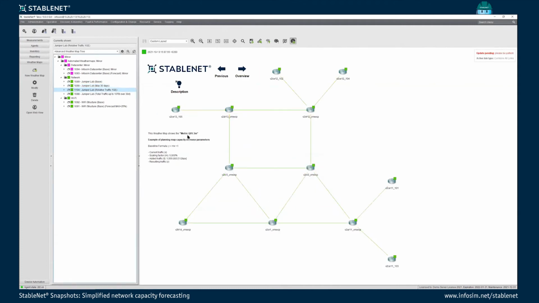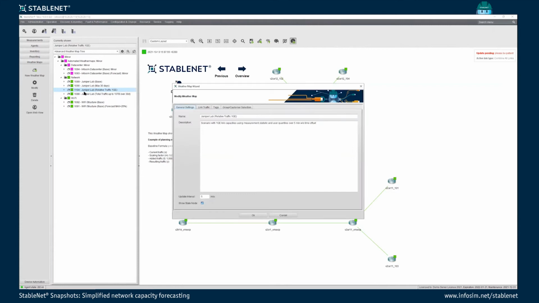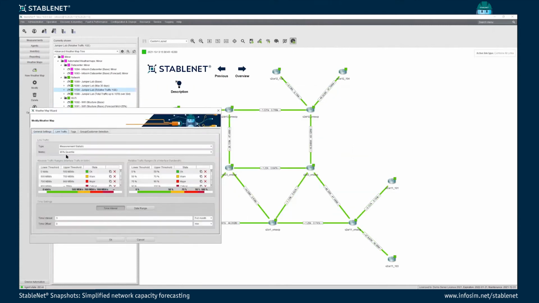Another example here is a quantile, 95% quantile of the last 3 months. This takes a moment to calculate. So that's why it says update pending, please be patient. In the meantime, I can also show the modify dialog here. So in this case, we have the 95% quantile configured, and we actually are using on the one side thresholds for coloring the